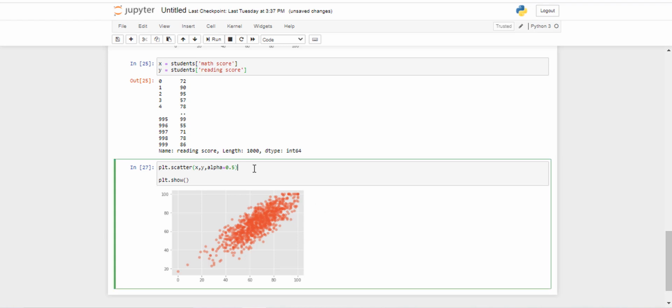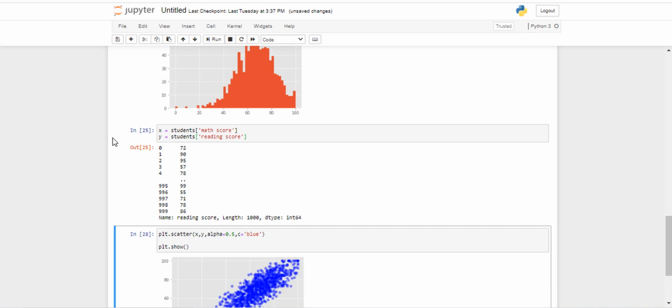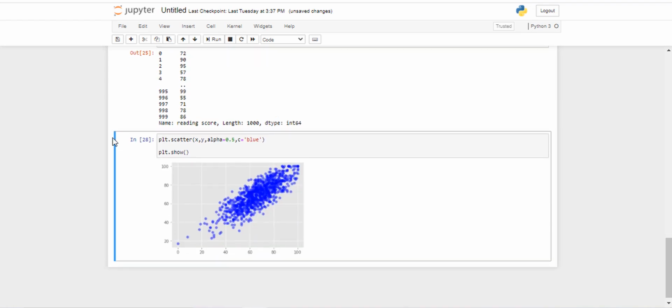And we can also change the color. So basically we can call C, and let's go with blue. And basically you can pick any color you like. And let me show you that